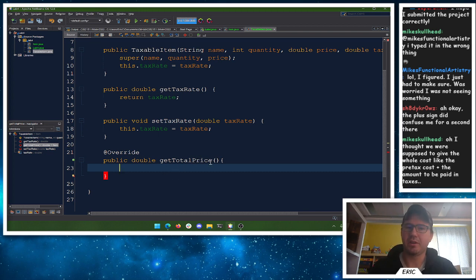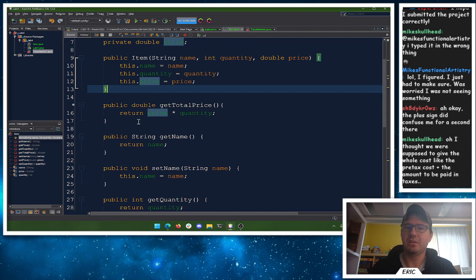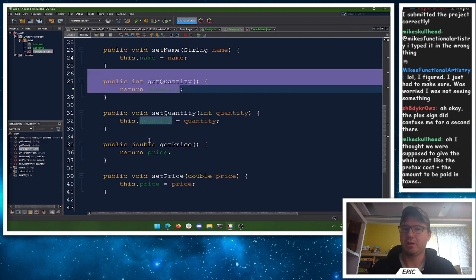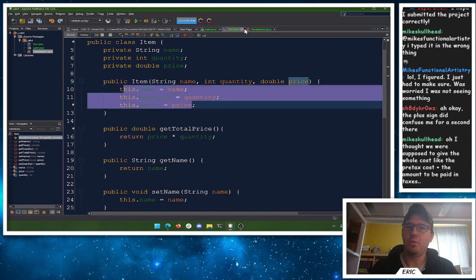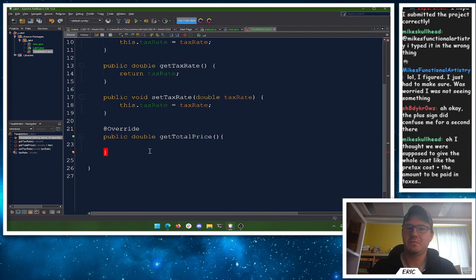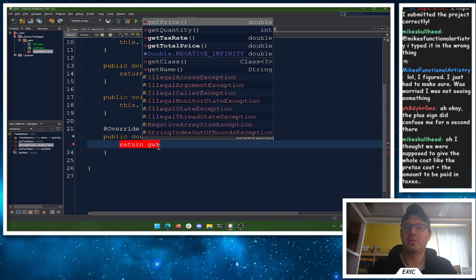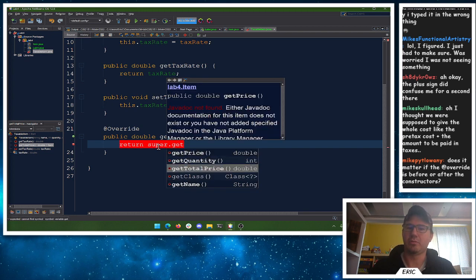So to get the total price, I don't have access to quantity and price. I could use the methods. I could say getQuantity and getPrice because I have access to the public methods. I can't get the values directly. Or I could get my superclass's version of total price. Either one's perfectly fine. I think that's probably faster here. So we're going to say return super.getTotalPrice